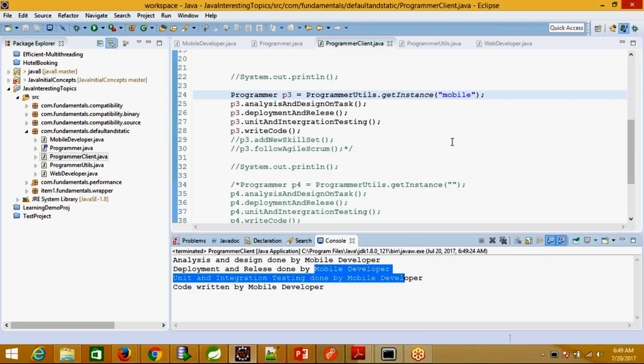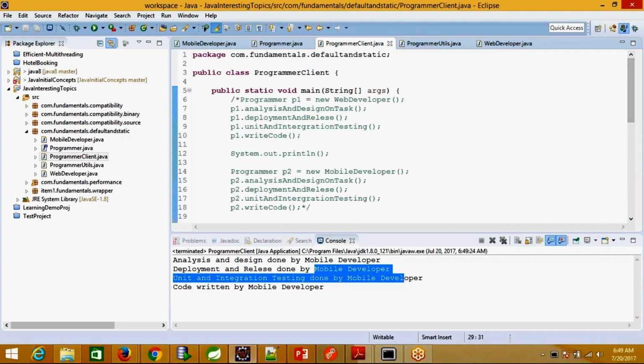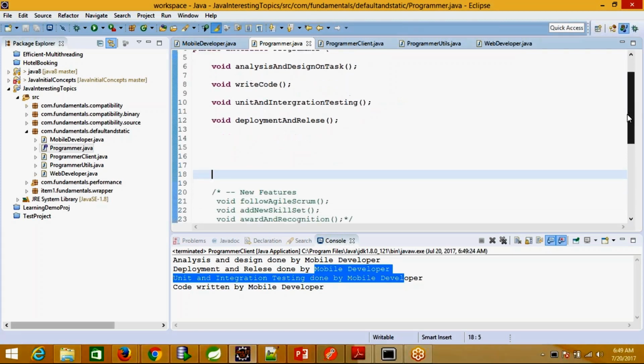So far so good. This software we have developed is in its first phase, and after some time, a few months or a year down the line, you realize it is time to enhance your interface itself, and you want to introduce a few more features, like we saw earlier in the slides.